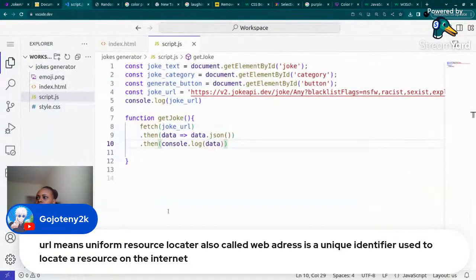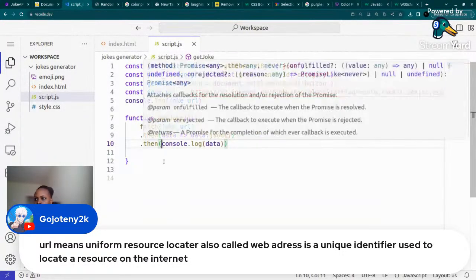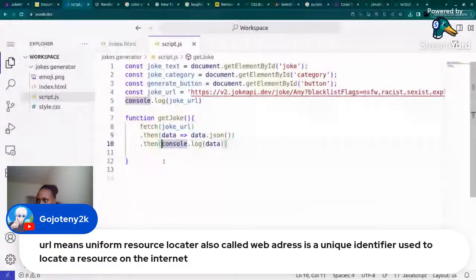Okay. Let me remove this part and say jokes is equals to, I think I'll just have to move on because